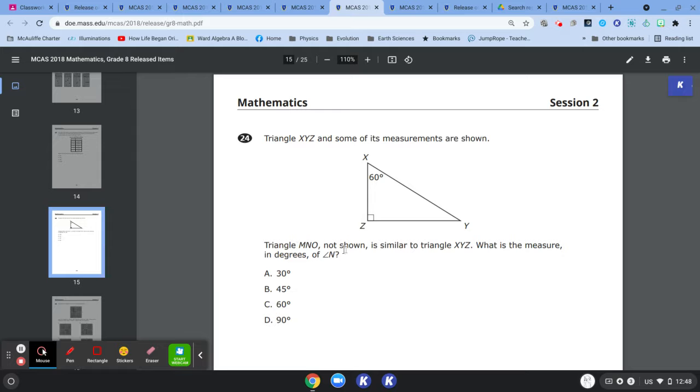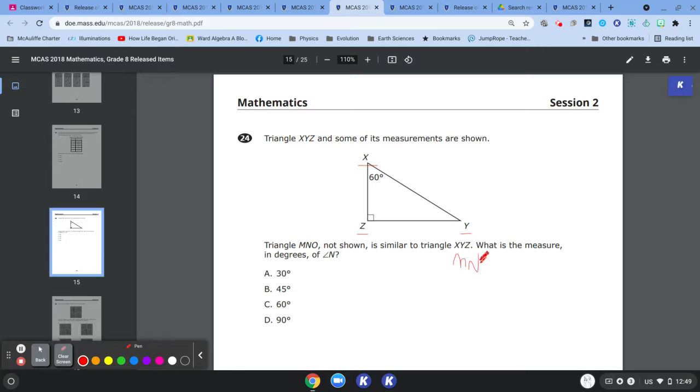Okay, and so another triangle called triangle MNO is similar to triangle XYZ. So this is triangle X, there's X, and then Y, and then Z. When we say it's similar, that means that all the corresponding angles are the same, and the sides form proportions. The naming order of the letters in the triangle is important. So when we call this MNO, the order is going to stay the same as XYZ. So M, N,